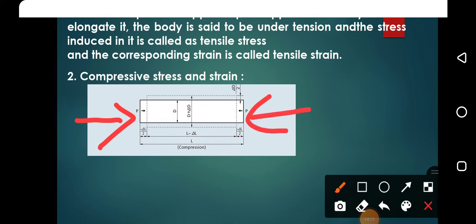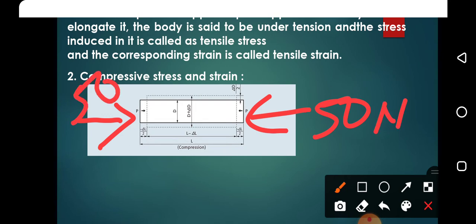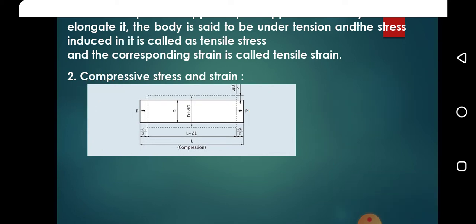Here also the same magnitude, equal magnitude, whatever I am writing, 15 Newton. Whatever you take here, but on the opposite side also the same magnitude it should possess. And the next point is equal and opposite, not opposite pull, opposite push. Here a push force is applied. Before this we stated that for tensile stress a pulling force is applied, here a pushing force is applied. So let us see the book definition.